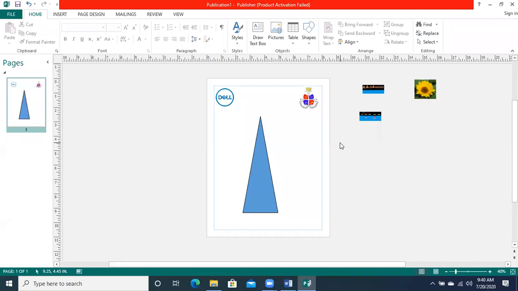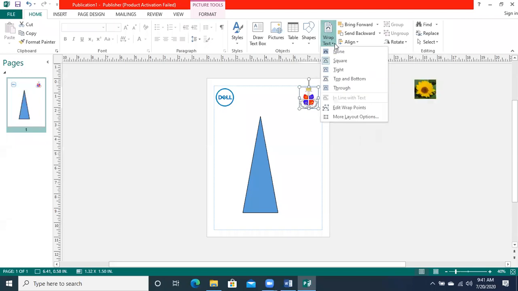Okay, now come to the next point. Option D. The option that arranges the text around a picture is called wrap text. ये देखिए आप यहाँ पे, you will find it over here. Whenever we have any pictures, this wrap text option is there when we have text in our document.